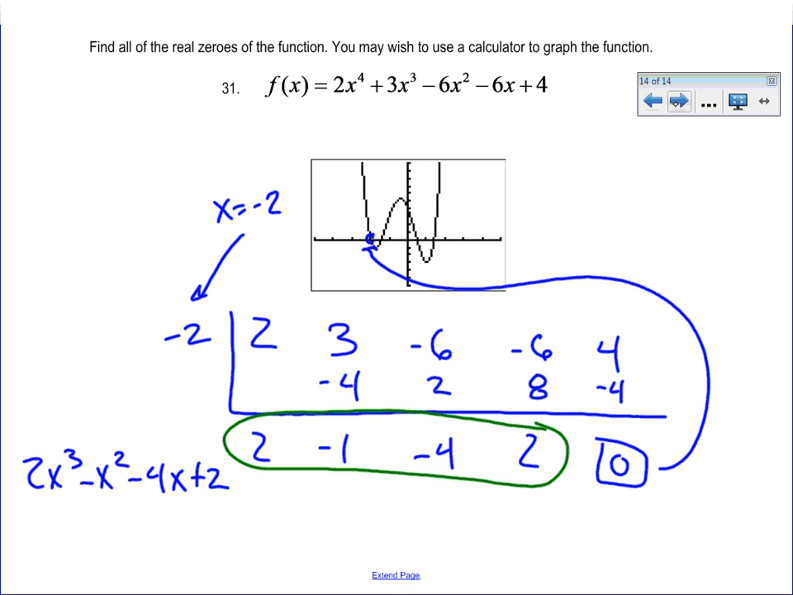Alright, so I'm going to try and factor this. It's got 4 terms, so all I know how to do is factoring by grouping. I'm going to take out a 2x squared from the first 2 terms, and I am going to get x minus 1. Then I'm going to look at my next 2 terms, and I am going to take out a -2, and I'm going to get, oh,